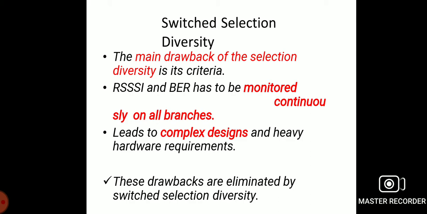If two branches have signal quality below the threshold value, the receiver switches back and forth between the branches. The switching threshold and hysteresis time are the two main parameters. Both should be neither too low nor too high, but an appropriate value. The performance of switched diversity is worse when compared to selection diversity.